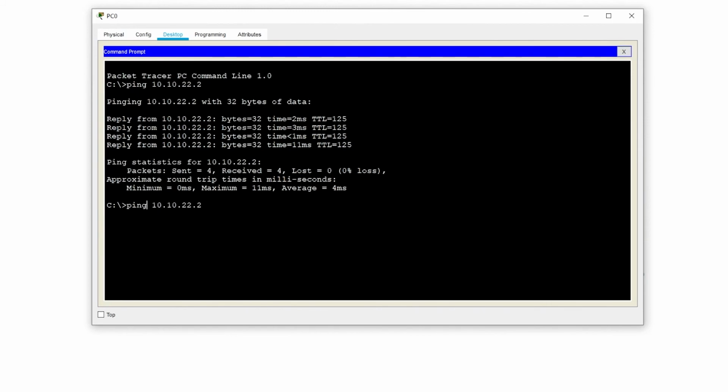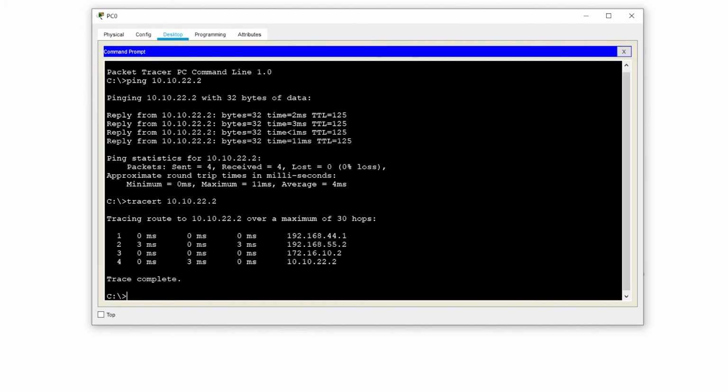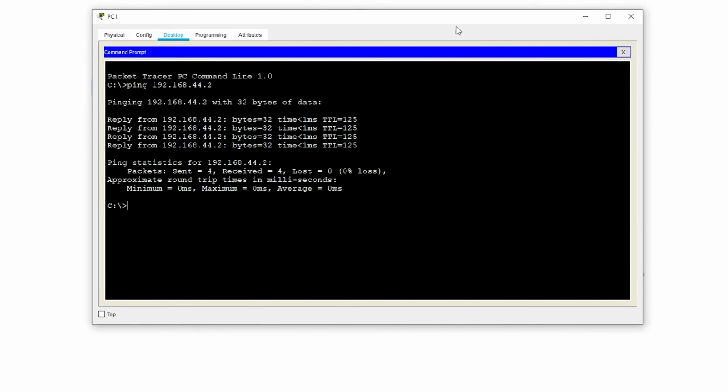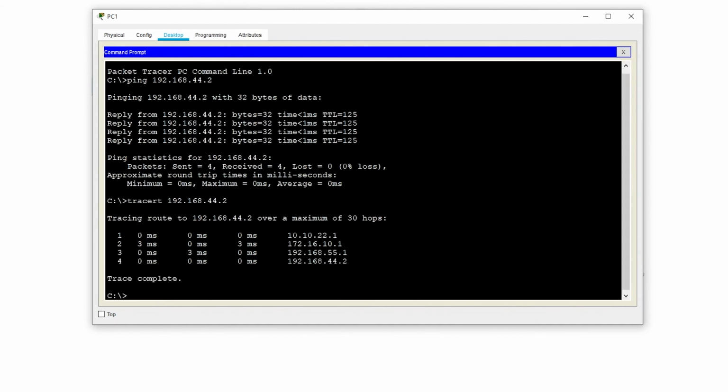Okay, so from PC0 again, we'll do a trace route to the same address. It shows you the path that it took to get there. And then we'll do the same thing with PC1. It shows you the path first through each of these routers to the next and all the way to the PC.